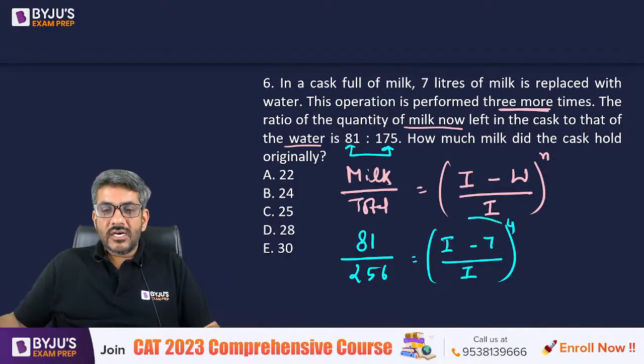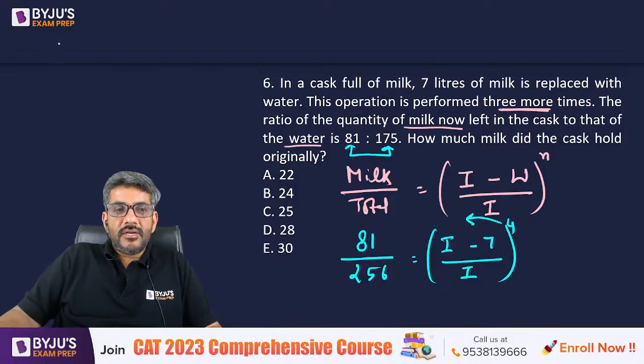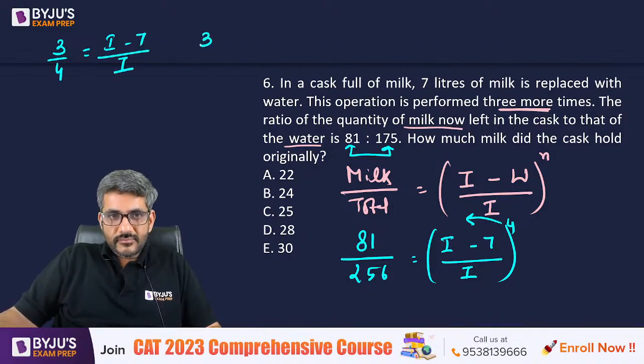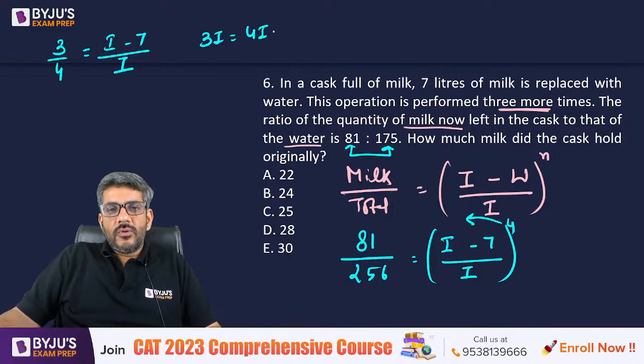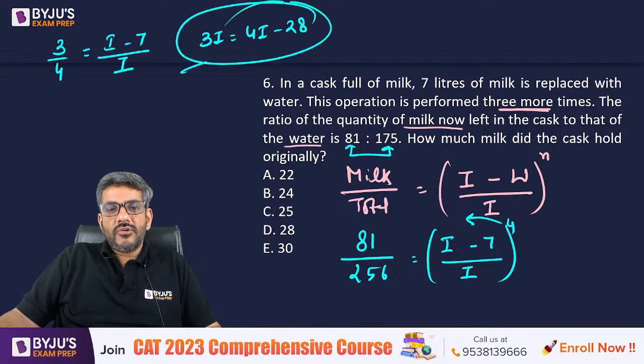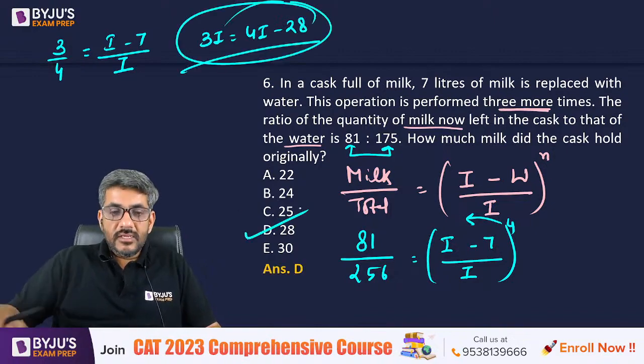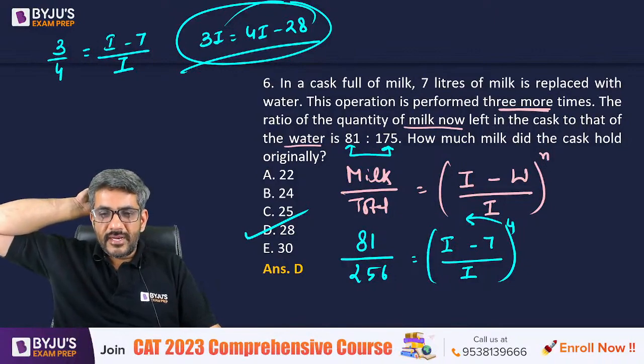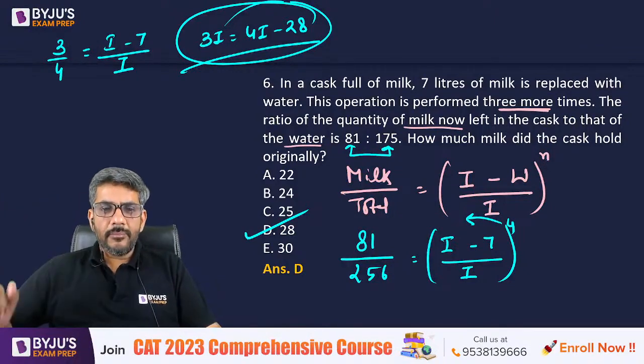This 4 would go on the other side, we will have fourth root of 81 by 256, which is 3 by 4, and 3 by 4 is equal to I minus 7 by I. 3I is equal to 4I minus 28. I'm sure all of you can calculate from here that the initial quantity in this case is equal to 28. This is a question which is directly based upon